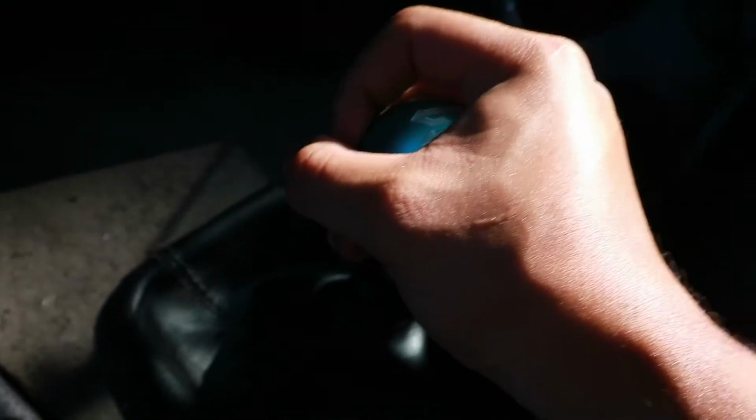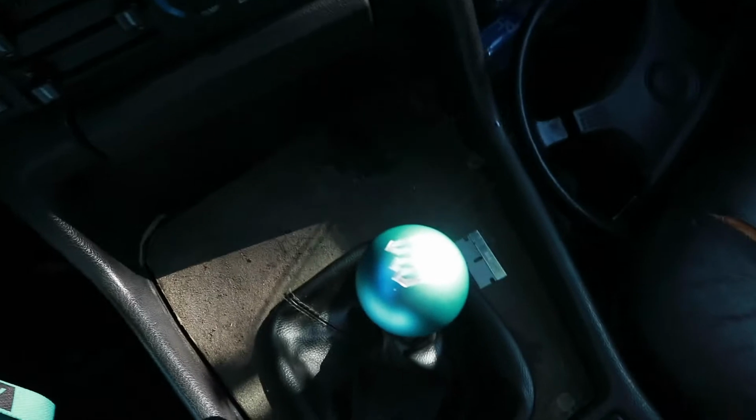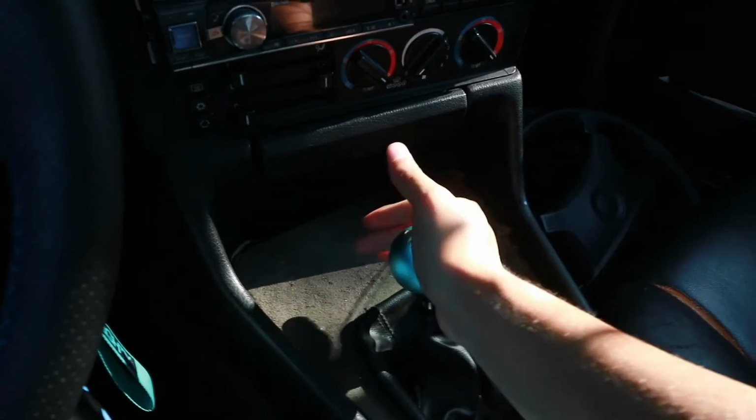Alright, so what I'm already noticing is that it's on there a lot better, and it's not too heavy for the shifter, because I know the shifter linkage still has play in it, but this makes it feel like it's just fine. It feels like you can shift smooth into gears, and man, it feels good. Yeah, it's a little crooked. It may be because of the adapter, but oh well. I like how it just,